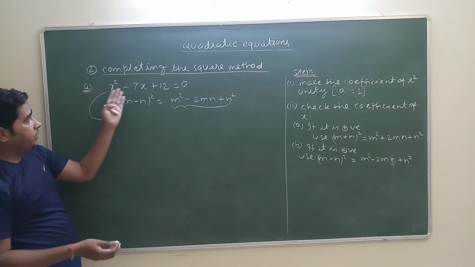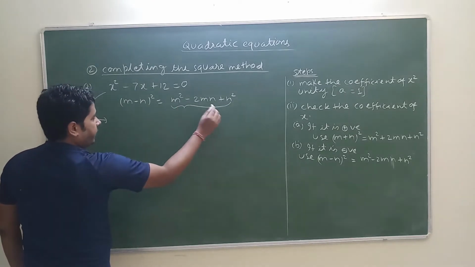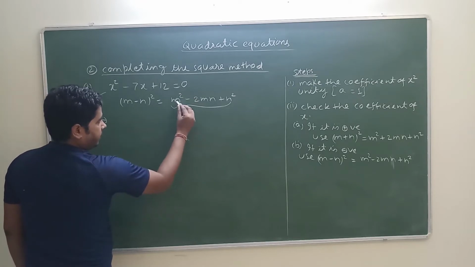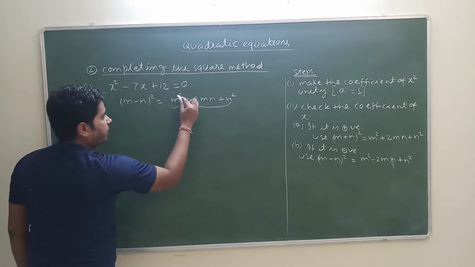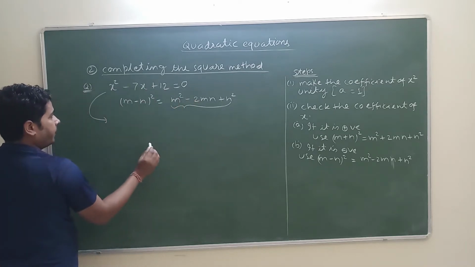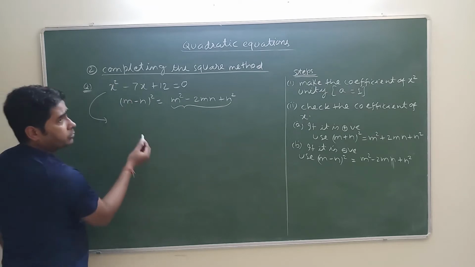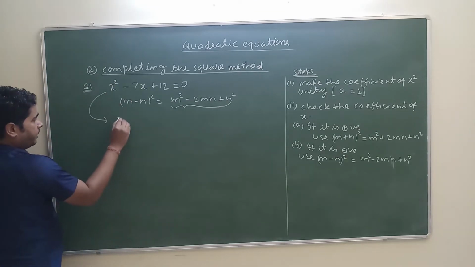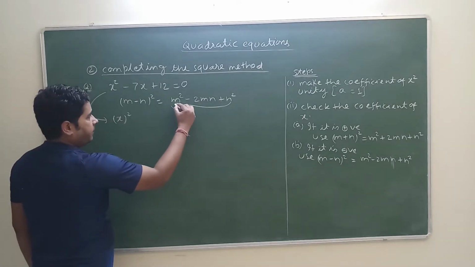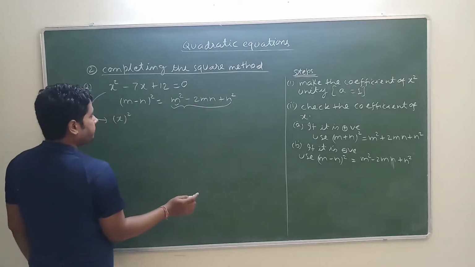Let's try to write these three terms in this format. Okay? So in this, you can see there is a number which is in whole square form, right? There is a base which is in a perfect square form. Out of these three, it is very simple to find this particular term, because we already have a number which is in whole square form. So I am writing it as x whole square, which means this term is completed. First term is completed.